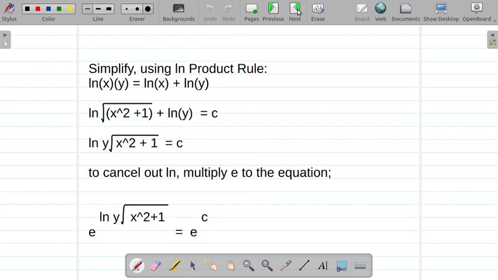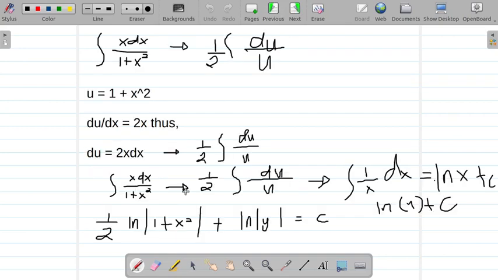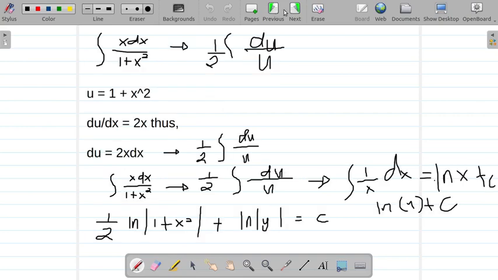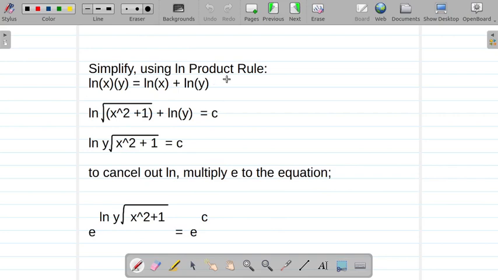Then next, simplify. Since in this equation both x and y are in ln form, we can combine them. We can simplify this using the product rule. Since they are added, we can combine them by multiplying when writing. So, our equation is